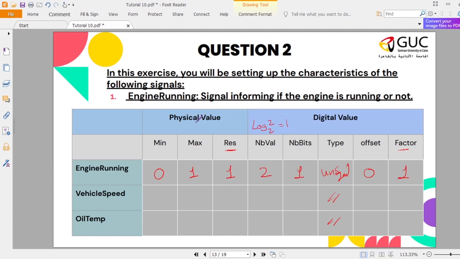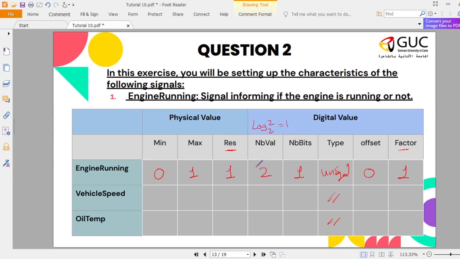We don't have throttle values like 0.1, 0.2; we don't have float resolution, because we have a whole number resolution, even if it's not mentioned. Either it's off, not working, or it is working, which is 1. The resolution is 1 because we have a step size of 1, and these are the physical values from the information given. Okay, good. The digital value, which will be decoded later on,